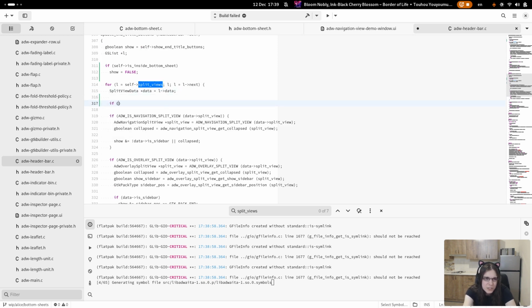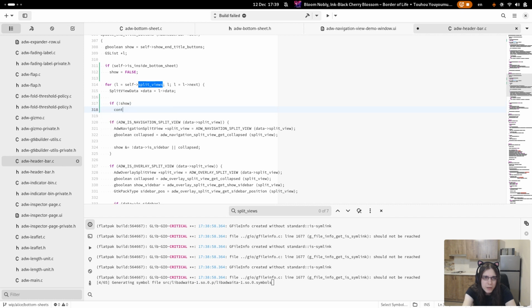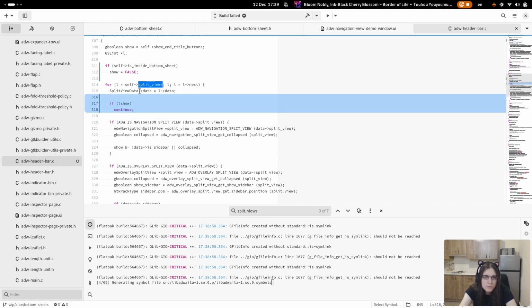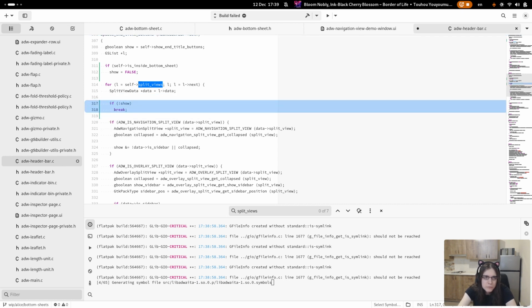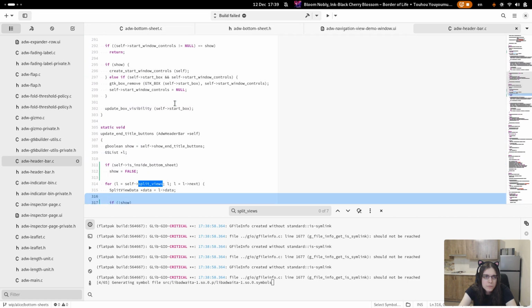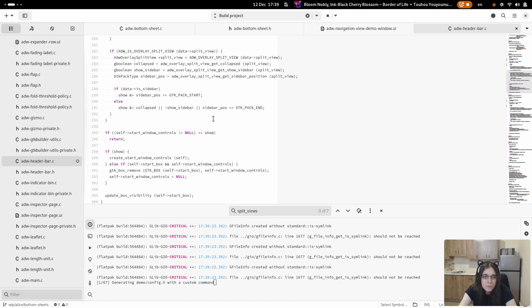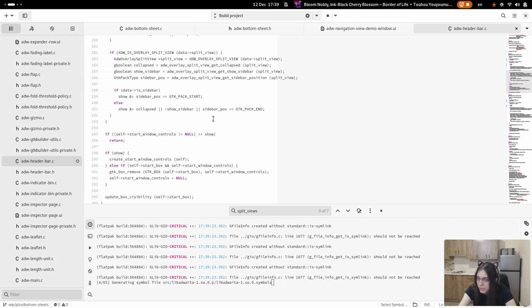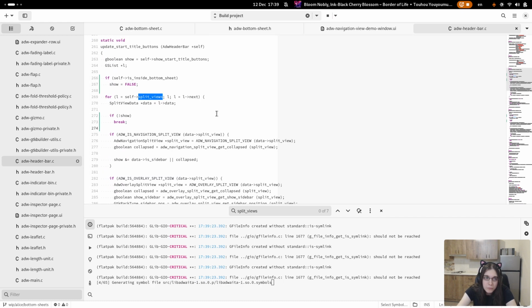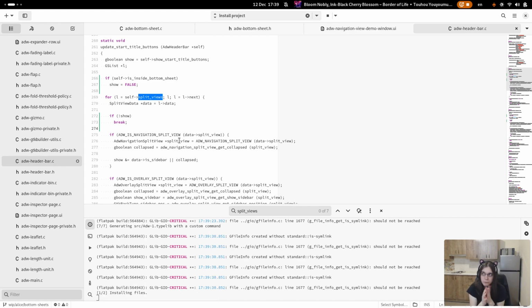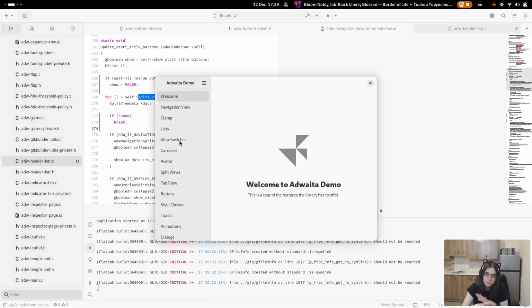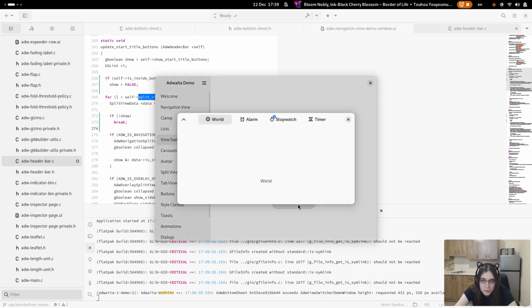What? I can just... No idea why I didn't do it before. Not even continue break. Because once we determine... Wait, no. Yeah, once we determine that we don't show the buttons here, we can just ignore the rest.